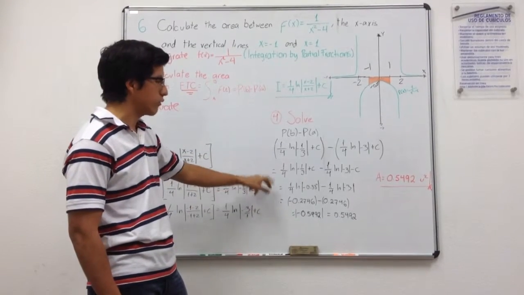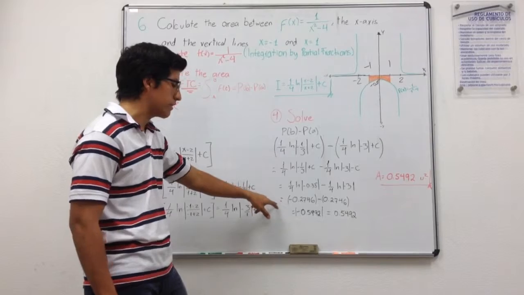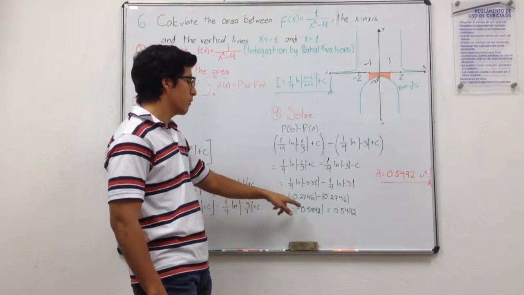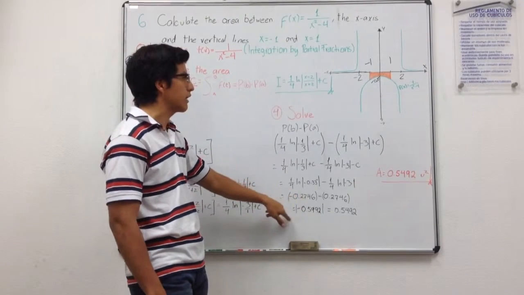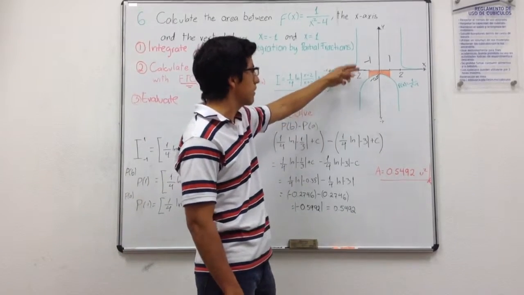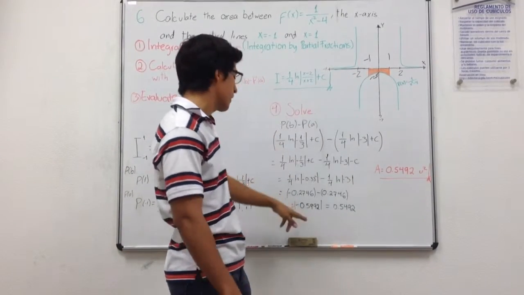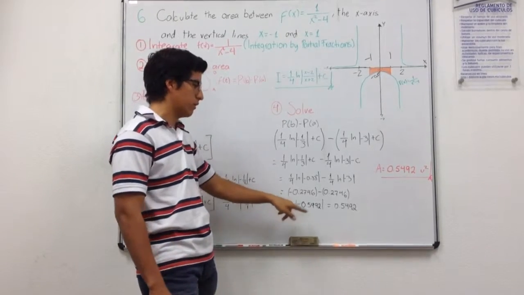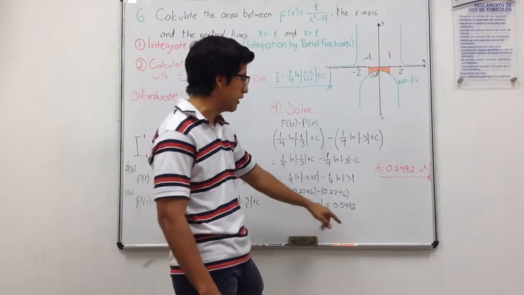We get our result in the absolute value of minus 0.5492. This only tells us that the area is under the x-axis, but it's supposed to be positive, so our area is